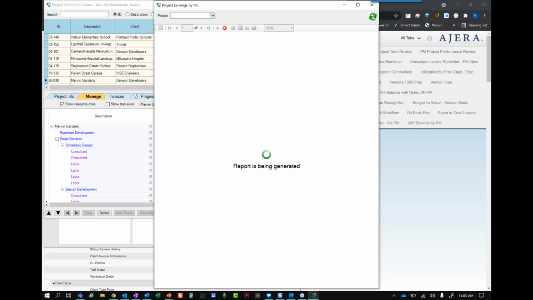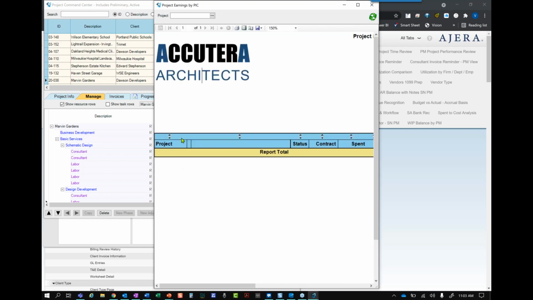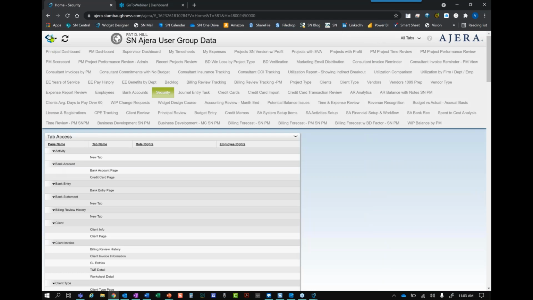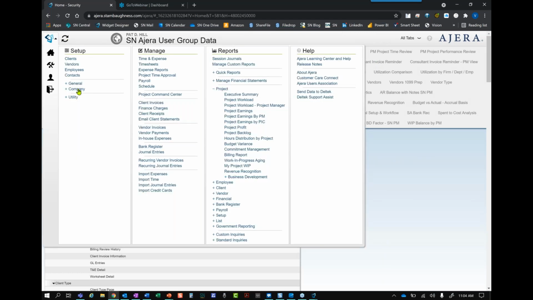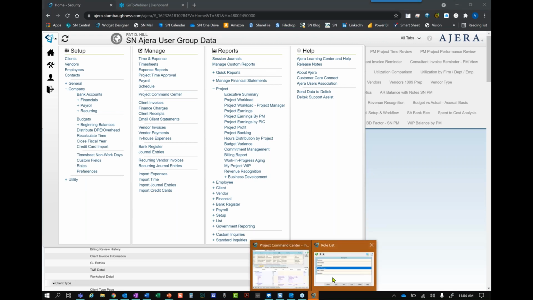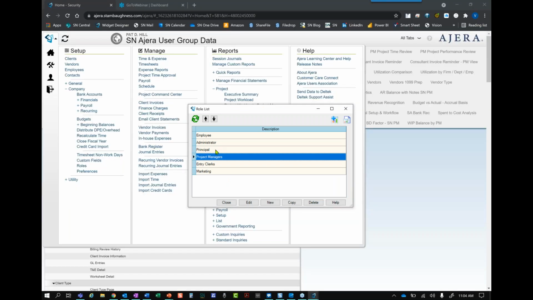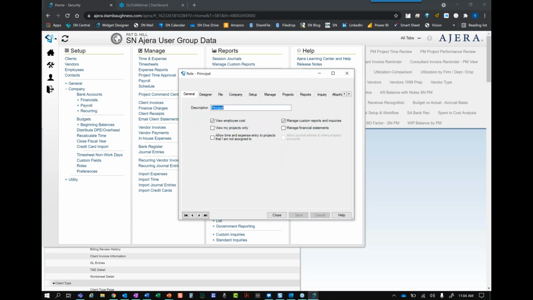Now I am not a PIC on any projects, so it's going to be blank for me. But you can see how this just makes things 10 times easier for your employees. So there is one extra step we have to take. After we create our report views, we need to then assign security to anyone outside of the administrator group that we would want to have this.